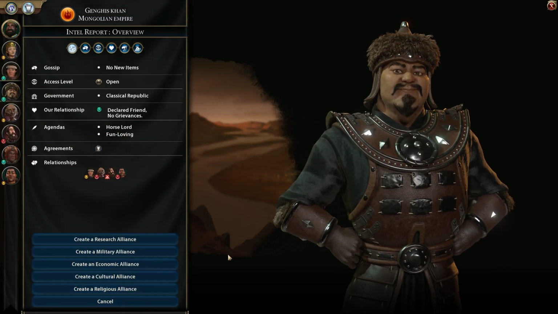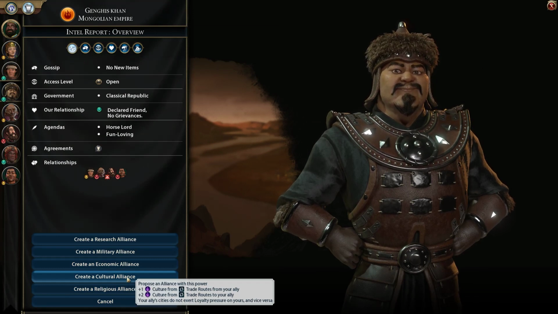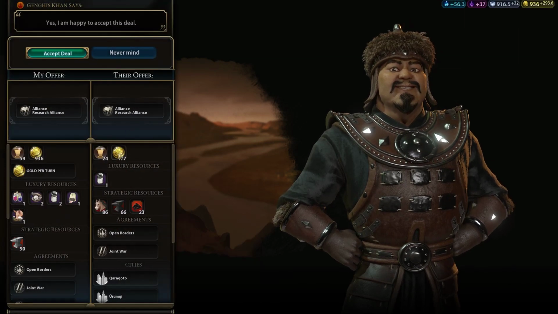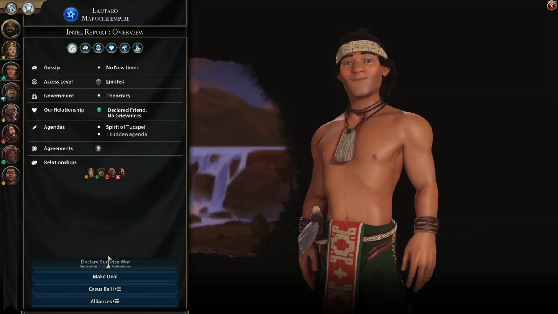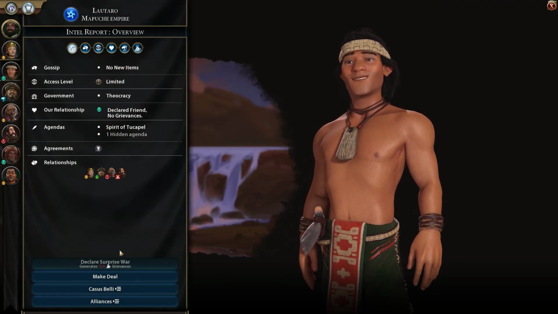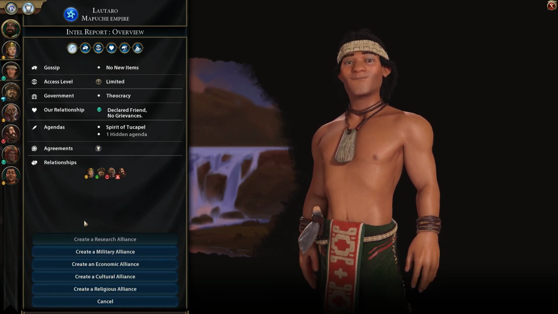Alliances. Genghis, how about you? I don't want to make you a cultural alliance because I want to potentially cause you cultural problems in the near future. How about a research alliance? What would you say about that? Alright, that's a deal. And then Lautaro. Stop making a deal. Have an alliance of...